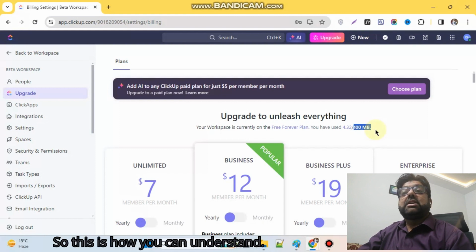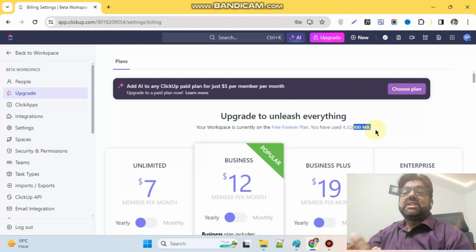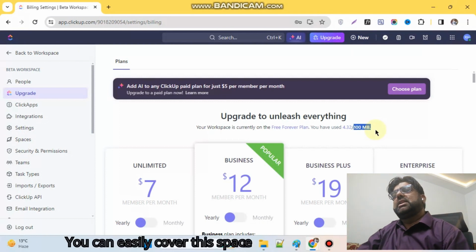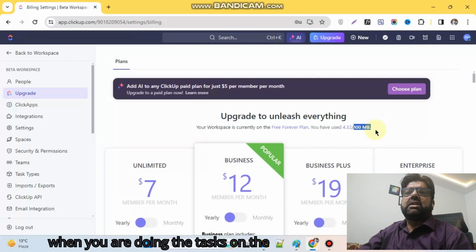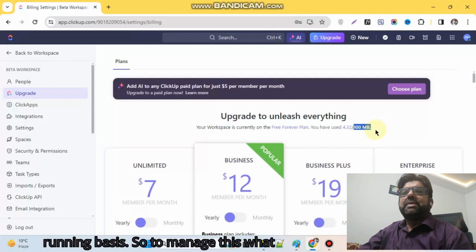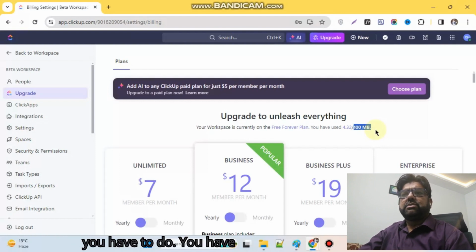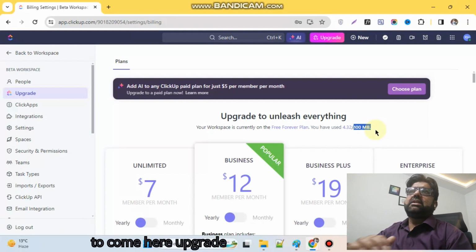So this is how you can understand how much space you are using currently. 100 out of 100 MB. You can easily consume this space when you are doing tasks on a running basis. So to manage this, what you have to do, you have to come here, upgrade